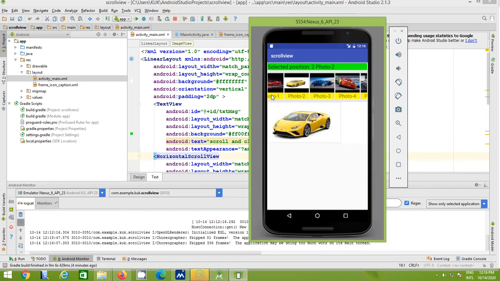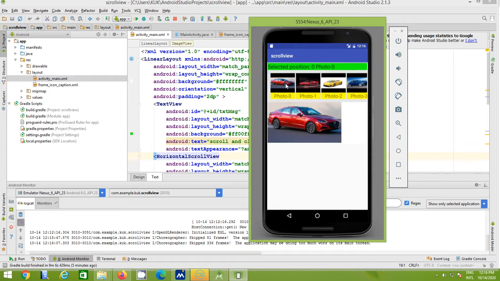So in that app we have used three major components. The first one is the text view, the second one is your horizontal scroll view, and the third one is your image view. So when the user selects any value, your large image will change here, as well as the value of your text view.